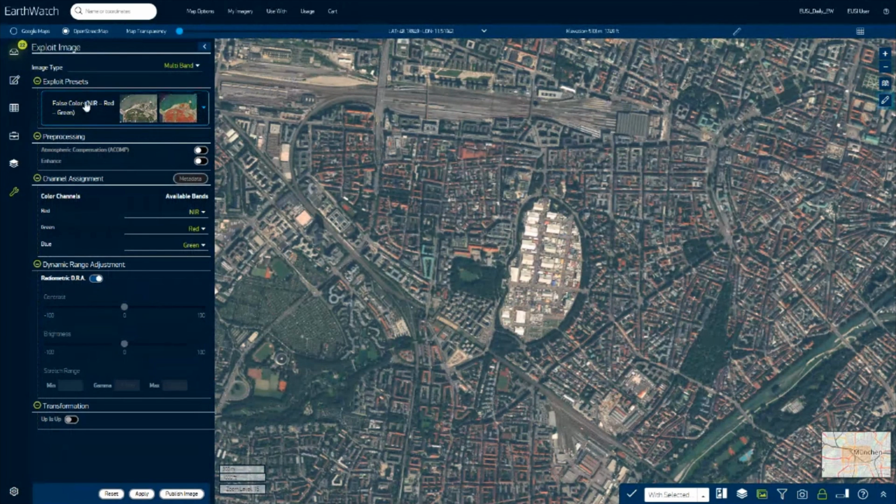So I could choose here from some exploit presets, but I also could assign the channels manually down here. Let's apply. And here we go. The image develops. And we have a false color image.